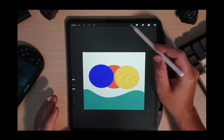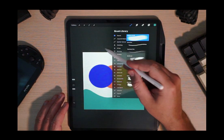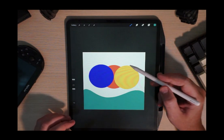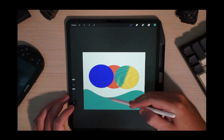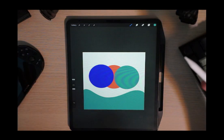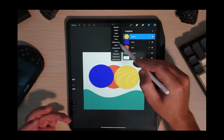So I can paint over this now. I'm going to get my recent brush, which is my airbrush here. I've got that color, so it's a contrasting color. And then I'm going to paint directly over it like this. And as I paint, you can see that my brush is going quite expansively across the canvas. Okay, if I turn that alpha lock off,